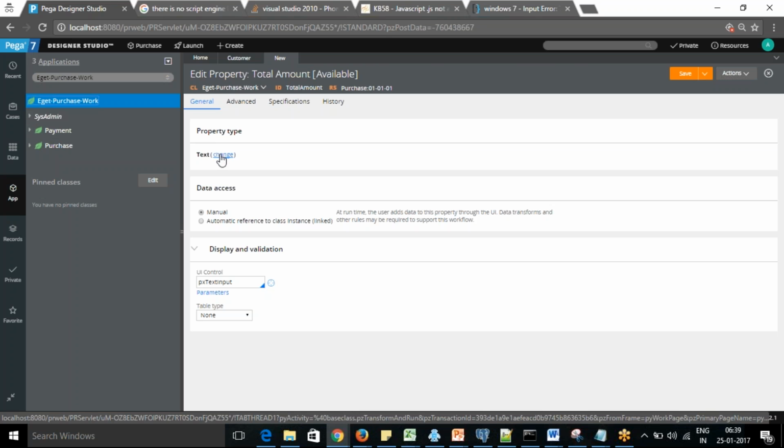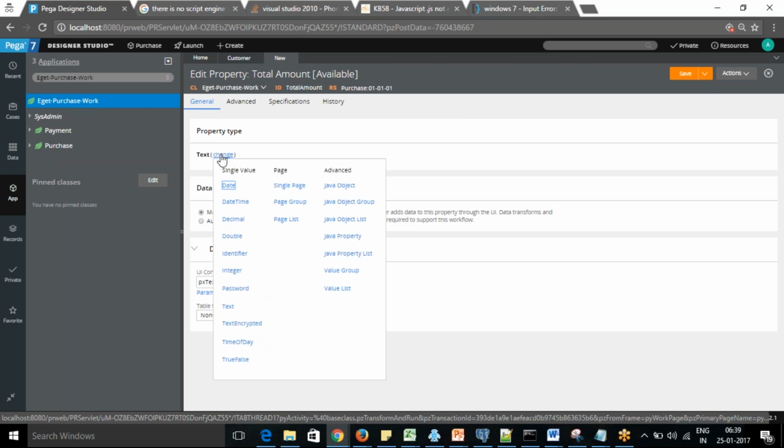In property type, you can change the type. I was talking about the different modes: single value, page mode, and advanced mode. In single mode you have different types of property. By default, when you create it the first time, it will come as text, not in any format.